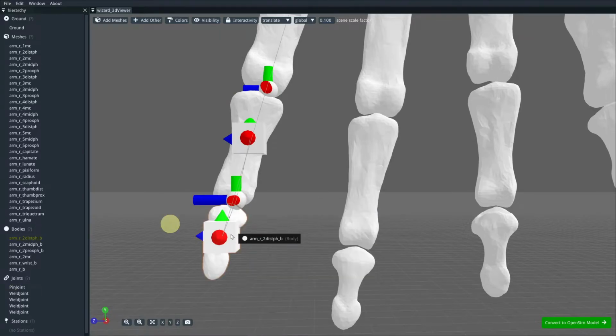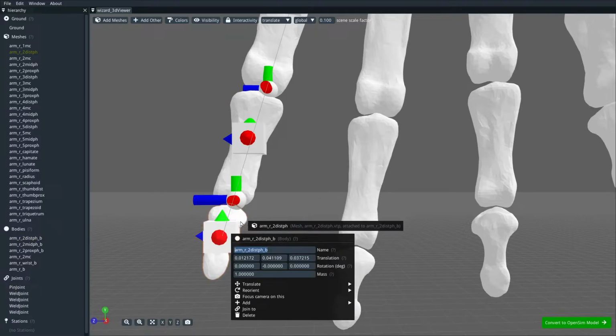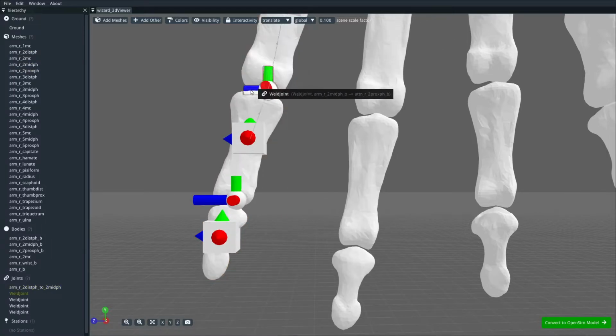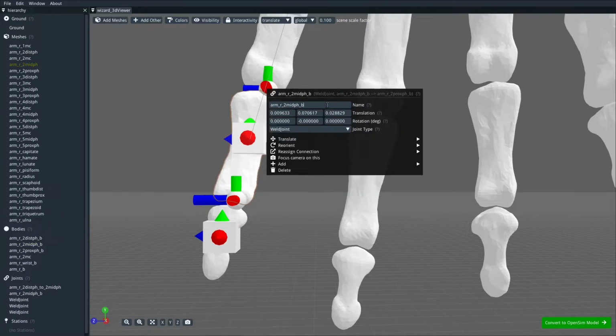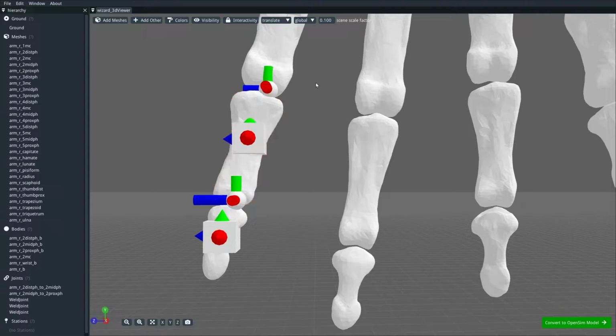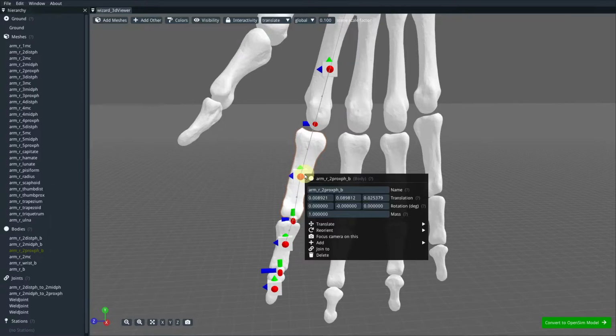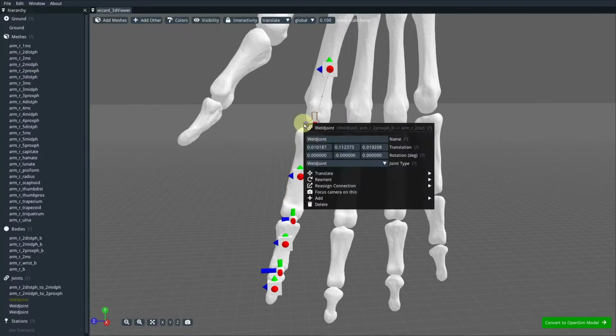So in this case, it's this body to dist ph to mid ph or something like that, right? And then for this body, I'd normally just copy some text here and override the default name with 2 prox ph. A little bit tedious this. Unfortunately, there's no magic shortcut for renaming just yet, although I would really love one. And if I go here, 2 prox ph to